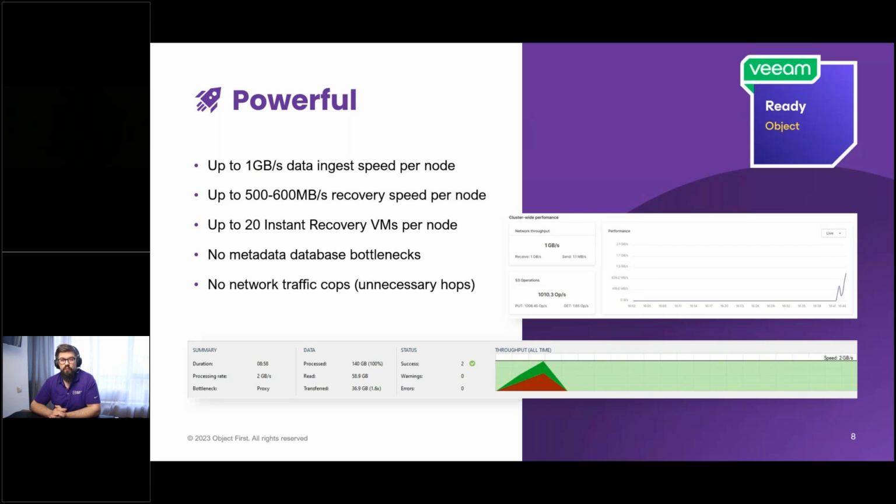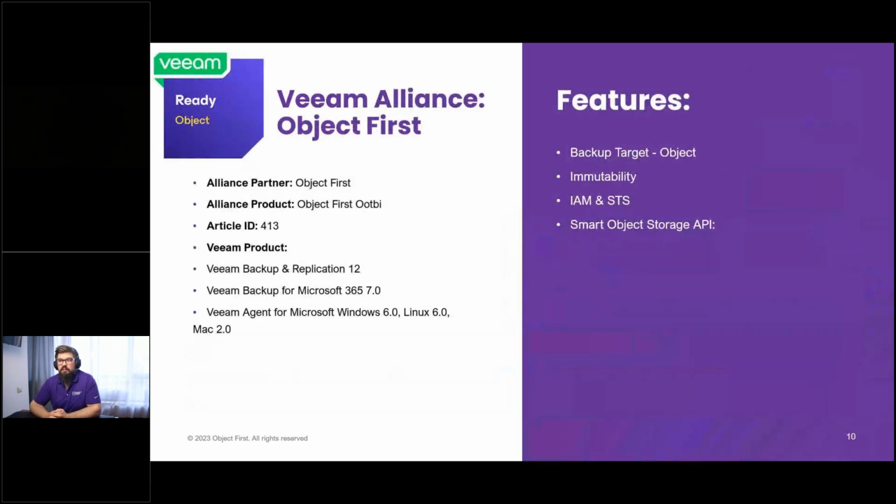And once again, this is not the hard limitation. It's a best practice, what we see in the field. One more important point I would like to highlight, that we don't have a database bottleneck. So we use smart entities, we have integration with Veeam, and SOS API is utilized in full. So we don't use Cassandra DB. You don't need to take care of the cache or the network round robin configuration. We expose cache to Veeam with the SOS API.